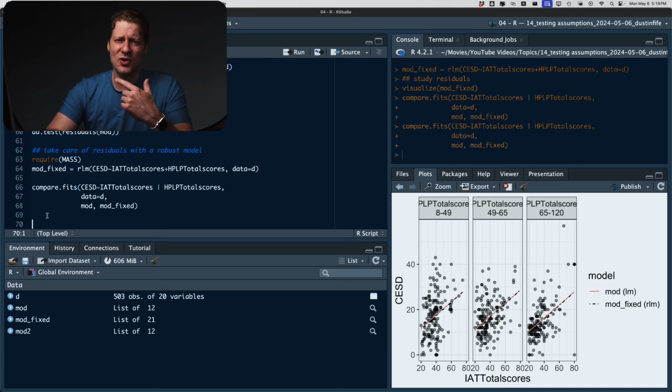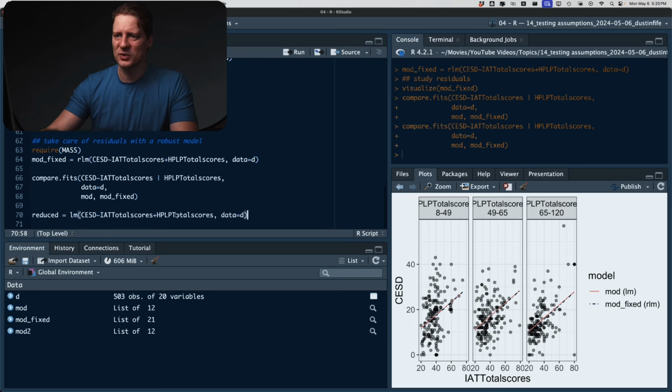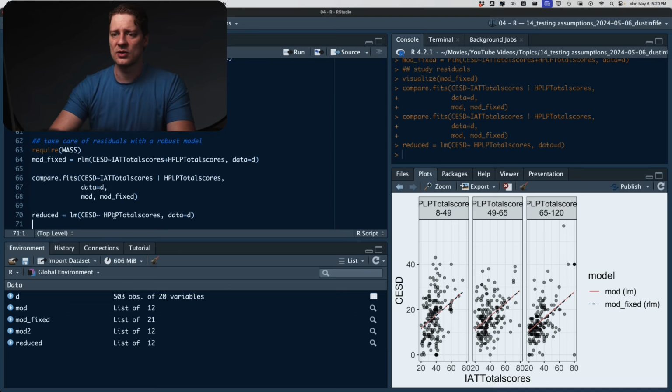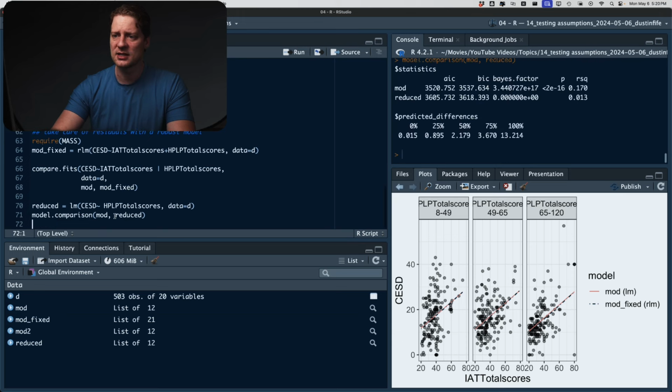But of course, as you know, I'm more into model comparison. So let's go ahead and, I don't know if you can actually do a model comparison with an RLM. I'm going to find out. So I will do reduced equals, and let's say we want to test whether the inclusion of internet addiction is important. So I can do a model.comparison of the mod and then reduced. And so that tells us that we definitely should keep